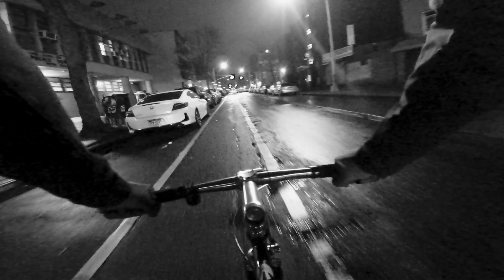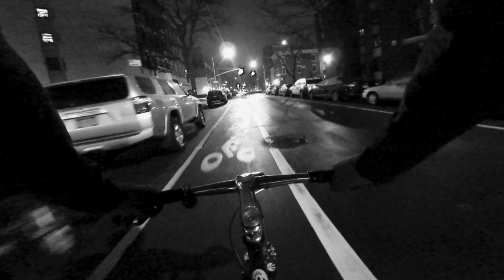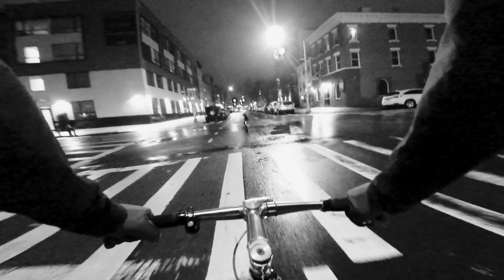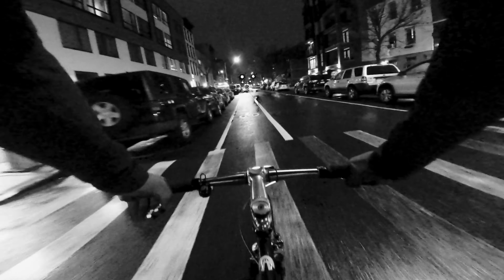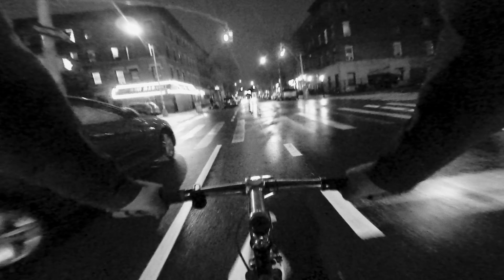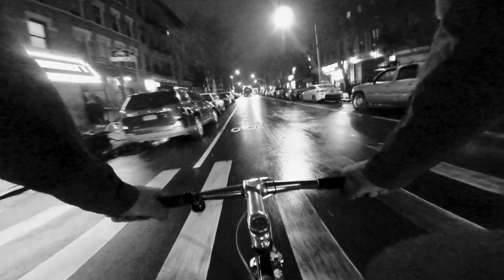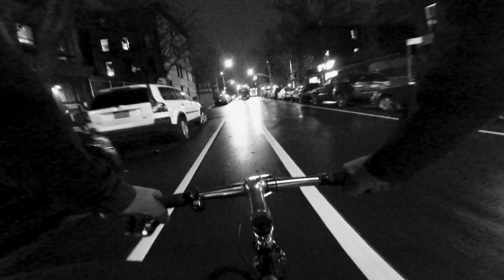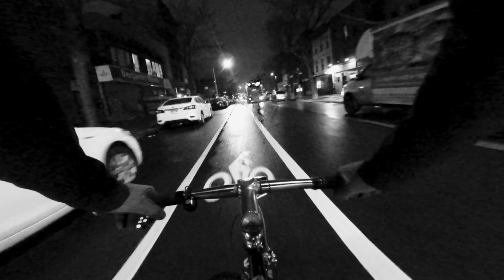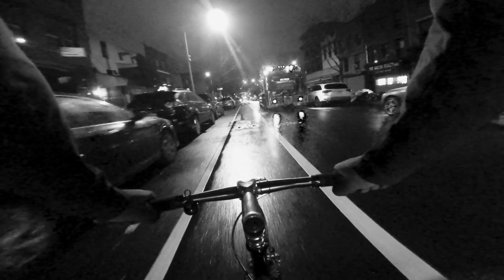I also don't have time to change my camera settings in the race, so I start when the sun's out, and then the sun goes down and my cameras are set a certain way. It's not set the same way for shooting at night as when the race started, and I don't shoot the camera in auto. I mean, I do float the ISO during racing scenarios, but the GoPro has a minimum and maximum ISO that you can set, and when I have the ISO floating, I normally float it at a minimum of 100 ISO and a maximum of 400 ISO, because I believe